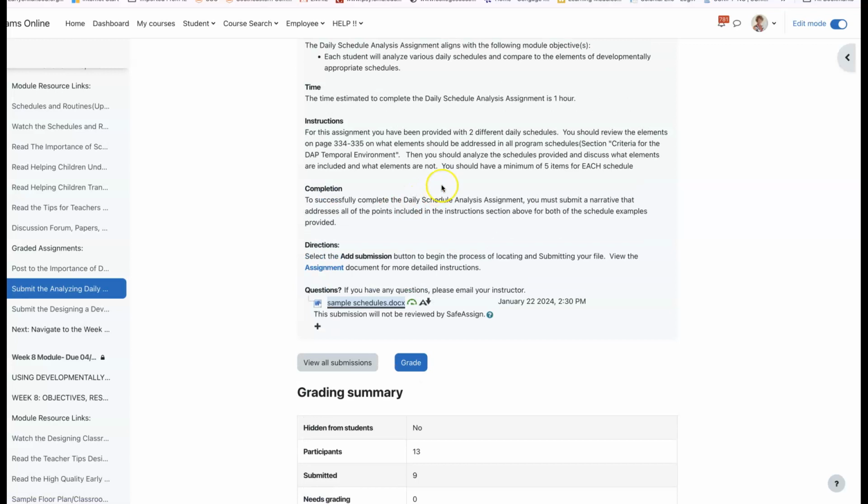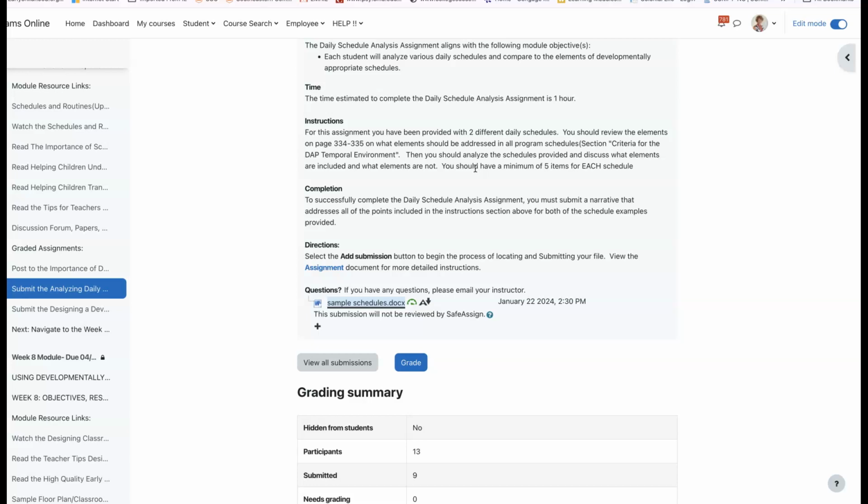What you need to do is look at Schedule 1 and decide what's included and what's not included as far as the information in the resource. Now, for Schedule 1, I want you to list 5 items that could be included or not included.